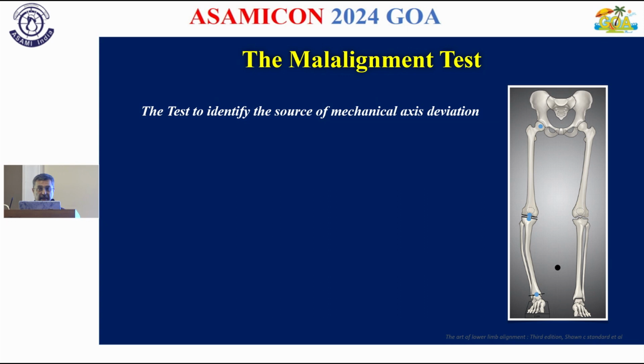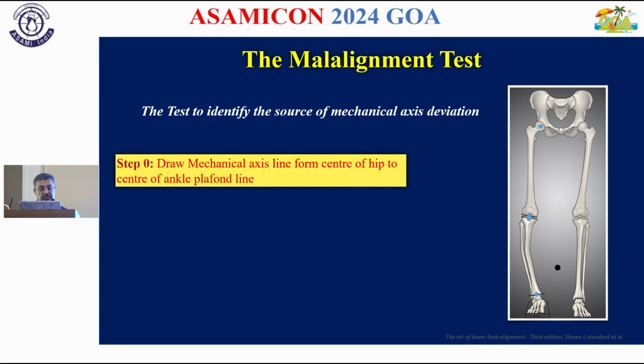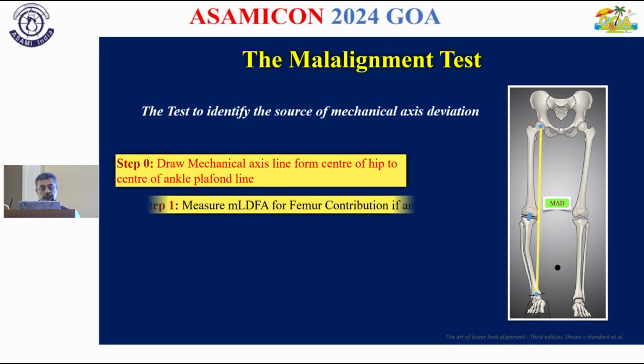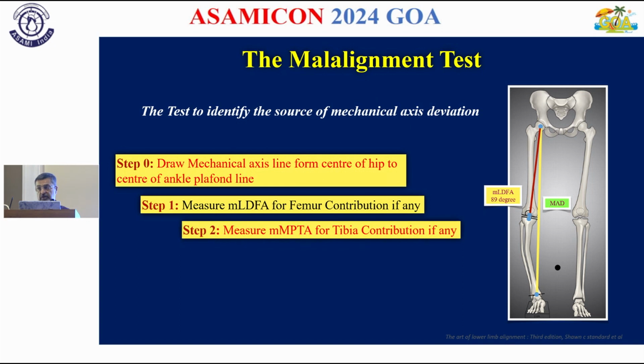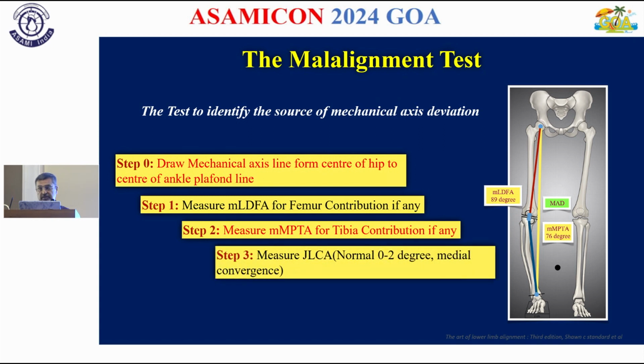You have to do a malalignment test, although this picture is showing you a varus. The malalignment test principles: draw a mechanical axis line from the center of the hip joint to the ankle plafond, then measure the LDFA for the femoral contribution, then measure the MPTA for the tibial contribution. Lastly, you have to consider the joint line convergence angle, which is normally 0 to 2 degrees with a